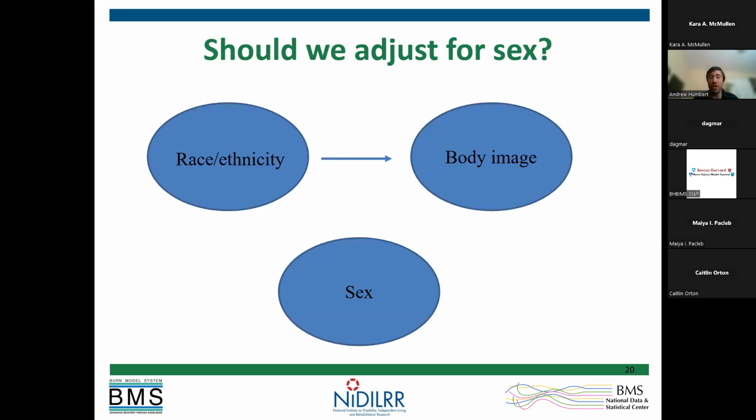So the first question, again, is, should we be including sex in our model? The relationship we're really interested in is race and ethnicity and how that potentially leads to body image. So now the question is, do we need to account for sex? I'll keep it open-ended right now, and then depending on responses or non-responses, I'll guide specific questions that we'll need to answer. So if anyone's brave enough to volunteer, should we adjust for sex, and can you provide a very brief explanation as to why or why not you think it should be included in the model? That'd be fantastic.